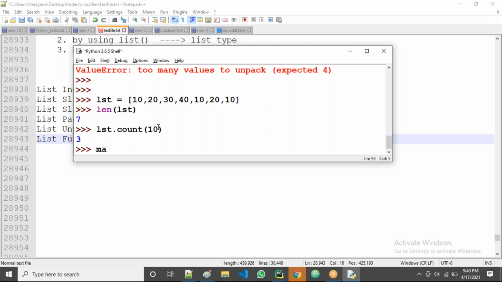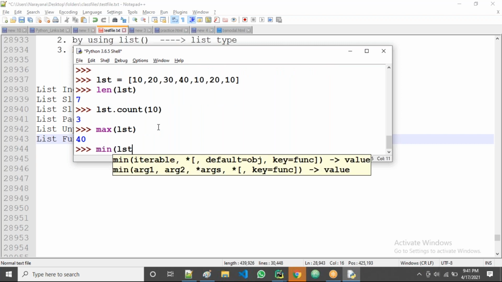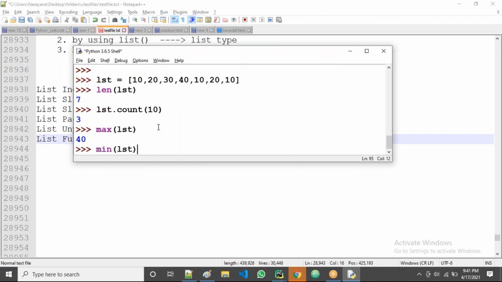Now in the same way, we use the max of the list. What is the max of the list? 40. Then min of the list, which means the minimum value in the list.